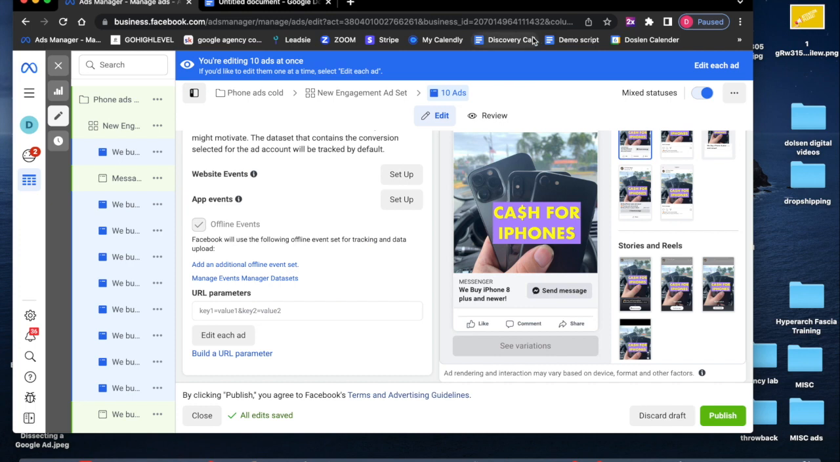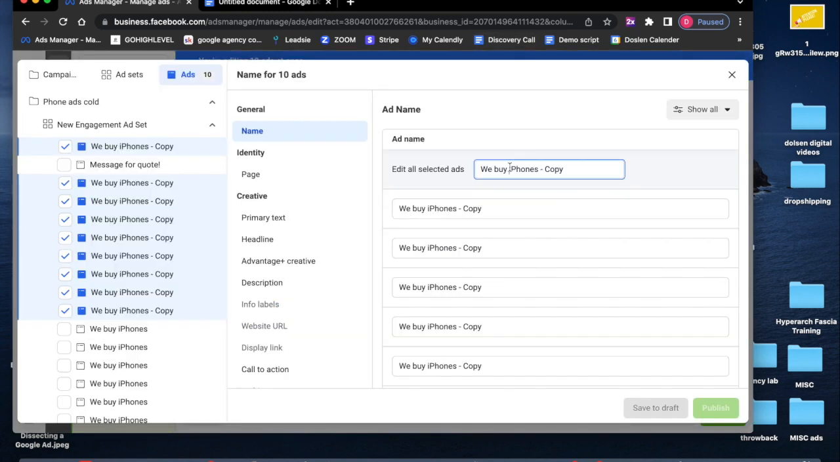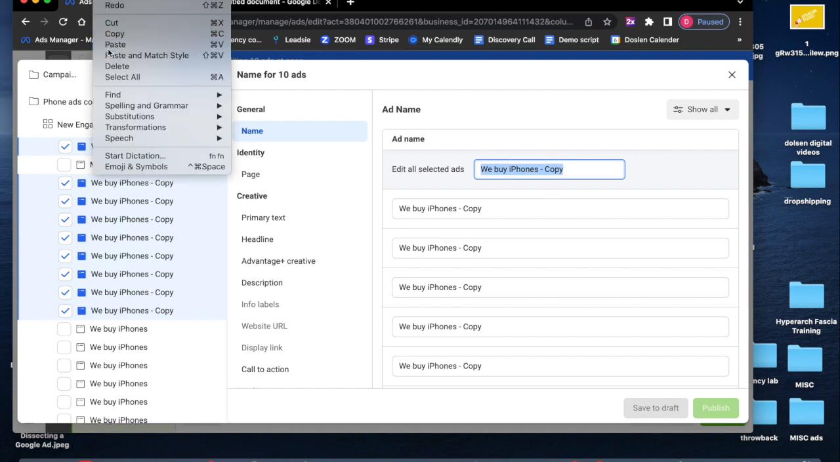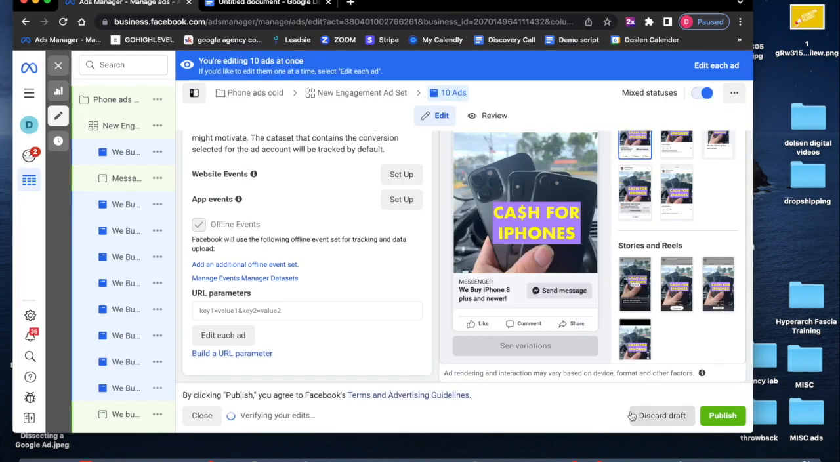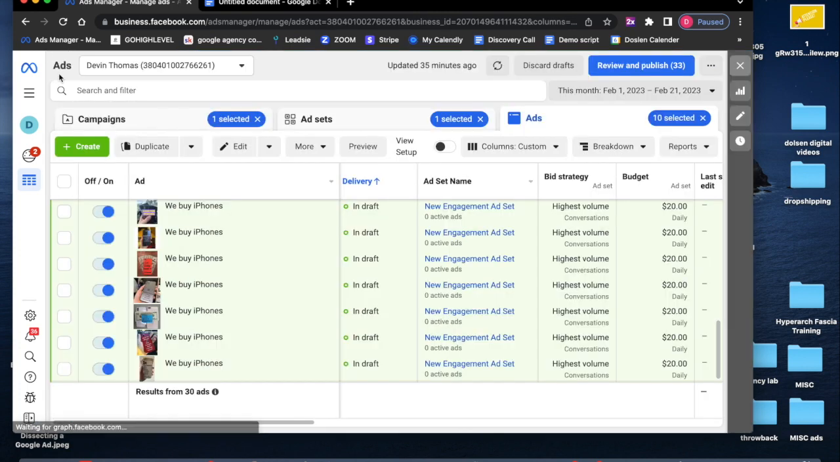It does. All right, so again, we want to click edit each ad. Click paste. Press enter. Save to draft. And boom. Okay? So, now I could either do this one more time